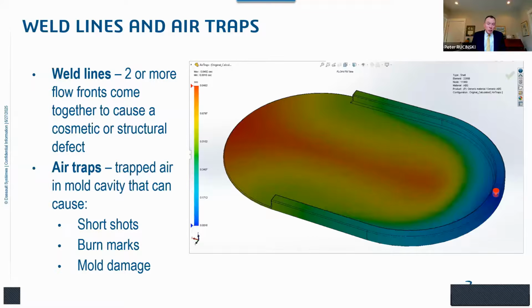And the other thing about weld lines is you can often see them. They appear as just like a line, or what you might call a ghost line, or a crack in the molded part. That may or may not be a problem. The cosmetic defect may or may not be a problem, depending on the surface appearance requirements of your part.